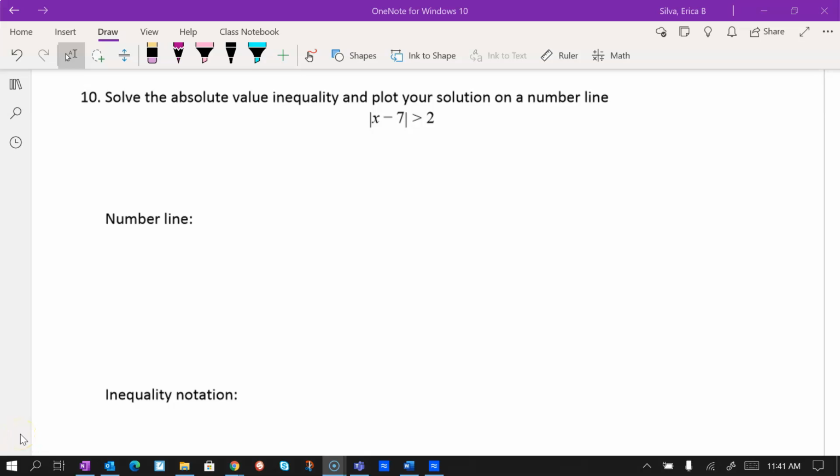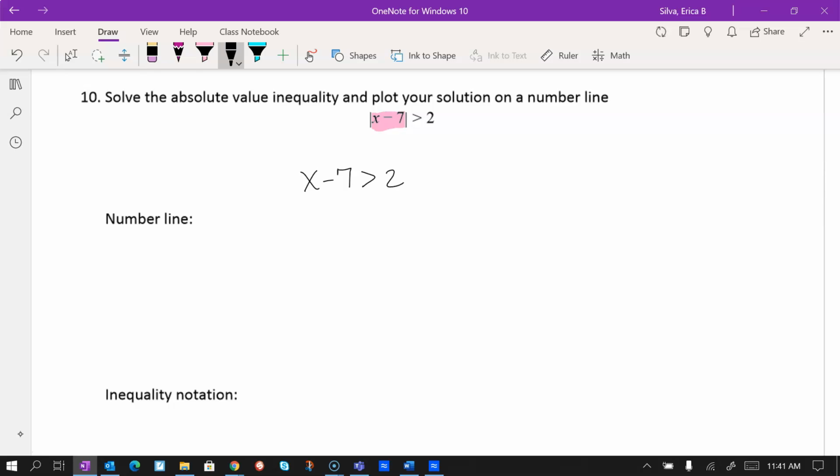To continue our review for your semester final, we're going to solve the absolute value inequality and plot your solution on the number line. So if you remember, in order for us to solve absolute value, the absolute value has to be isolated, which it is. So once it's isolated, we're going to separate it into two equations where x plus 7 is greater than 2,